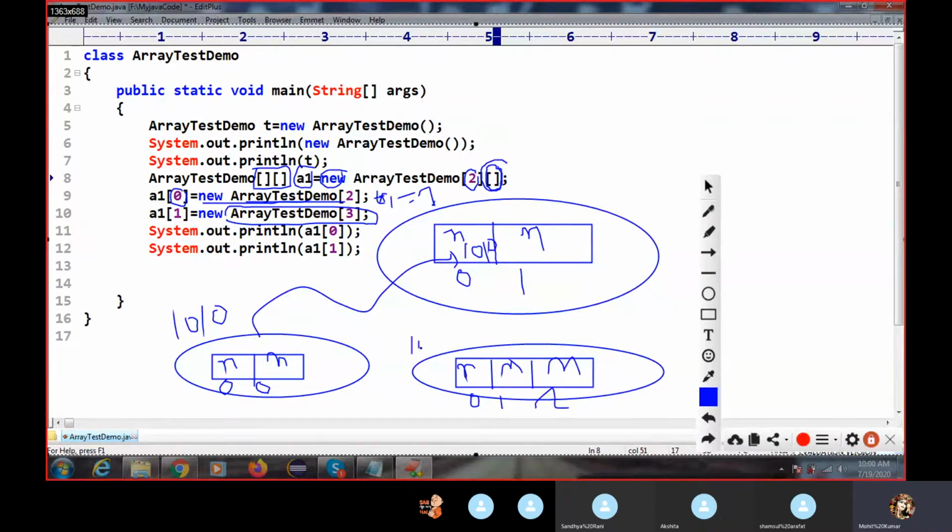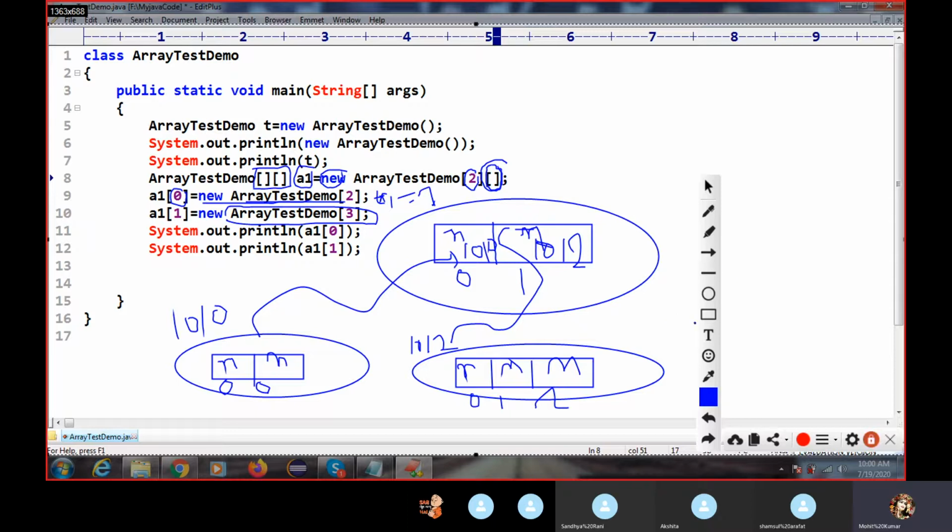So here we have 1, 0, 1, 2. It will store here 1 0 and 1 2. How does this 2D array work? Got it, right? This indicates another size, the size of the array you are going to store. I did not hard-code it. If you hard-code it, you have to provide that size, but this size is dynamic. We don't know how many elements we are going to create for storing the array. So this is how a 2D array works.